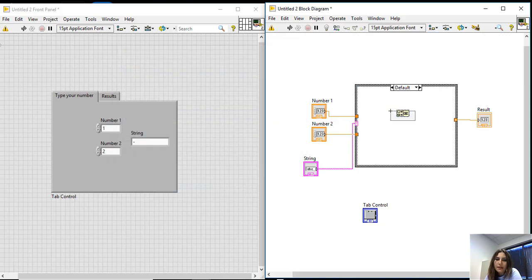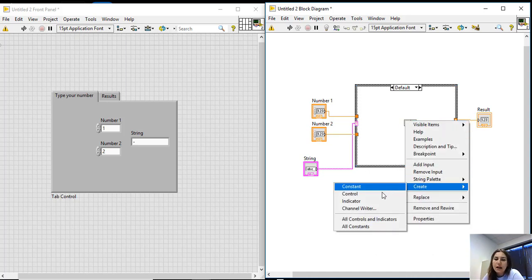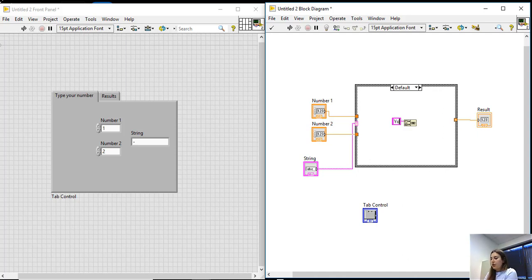So what I'm gonna do here for the concatenated string is so simple. I'm not gonna do anything weird. I basically wanna write one big string and have it in two separate sections. But later on, I'm gonna show you that, like with the other string functions that we practiced before, you can change a number into a string, add it to another string, and print them all in one string. But here I'm just gonna type something simple. So I'm just gonna create a constant, and I'm gonna type you need to provide a numeric function,